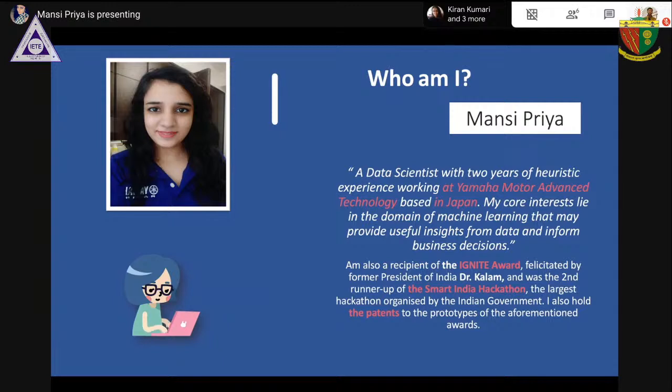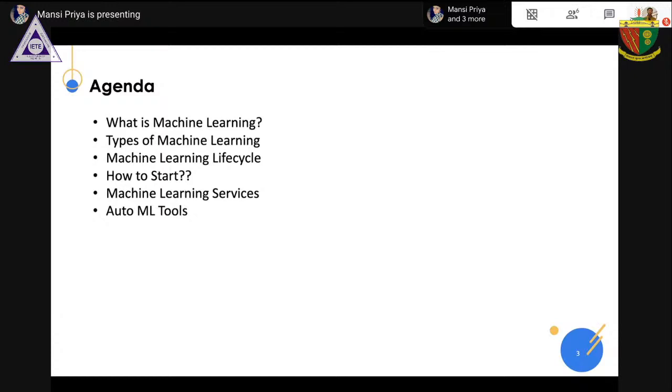let us start. Firstly, let me tell you what our agenda for today will be. Firstly, we'll discuss what machine learning is and the different types of machine learning. After that, we'll go into the machine learning life cycle: when you get a problem, how to approach it and solve it using machine learning. And after that, the most important section, how to start if you're looking forward to going into the machine learning field. So that is all for today, and let us start.